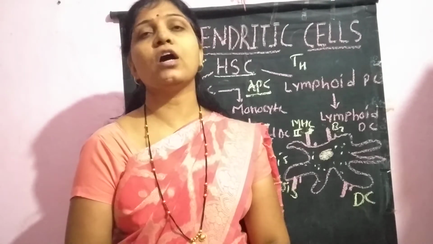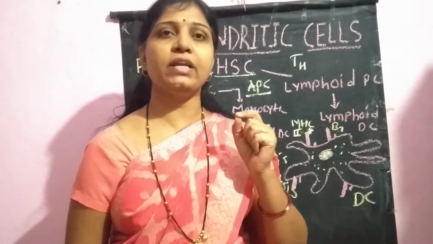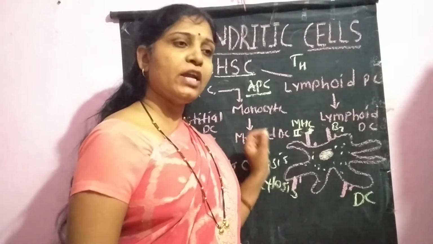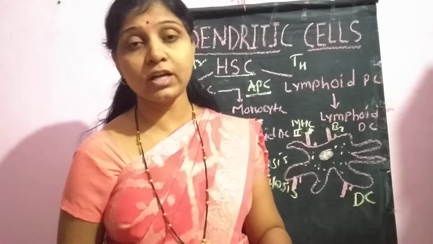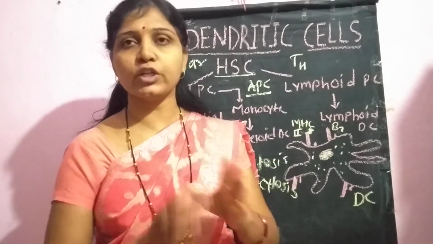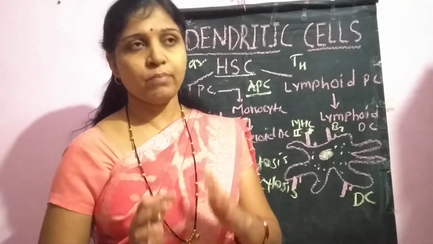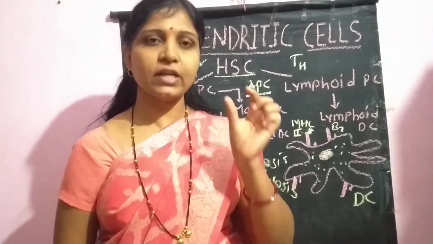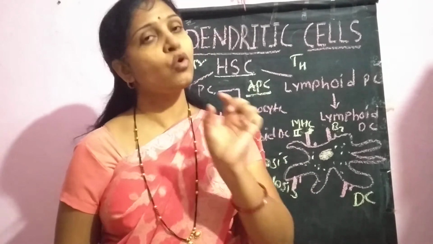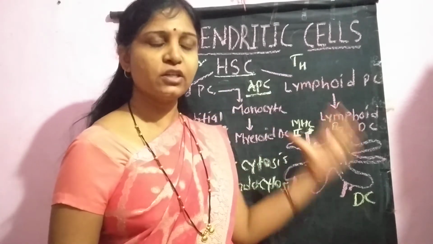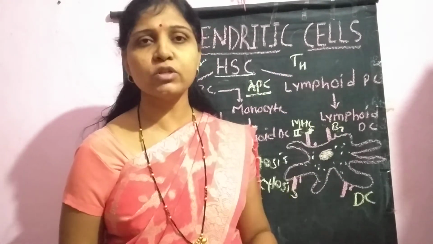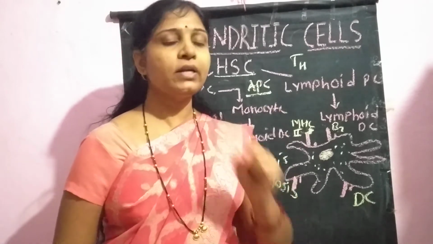But they have another property: they have binding sites for antibody on their surfaces. Due to that, the antigen antibody complexes present within the follicles get attached to these follicular dendritic cells, and this is responsible for the development of other B cell responses. In short, the follicular dendritic cells are responsible for the full activation of the B lymphocytic cells, and the other 4 types, the Langerhans cells, interstitial dendritic cells, myeloid dendritic cells, and lymphoid dendritic cells, are responsible for the complete activation of the T lymphocytic cells.